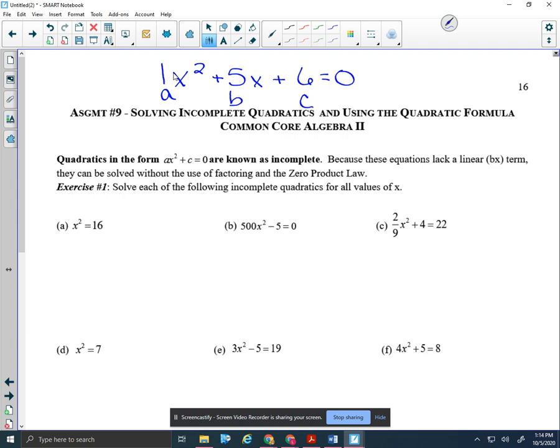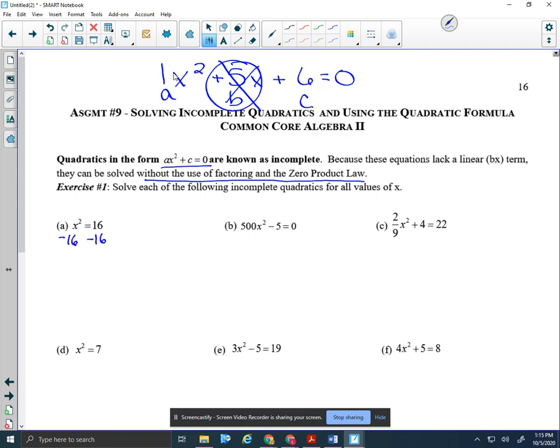Now, when we have an incomplete quadratic, it means that this term is missing. So there's only an x squared term and a constant. So quadratics in the form ax squared plus c equals 0 are known as incomplete. Because these equations lack a linear bx term, they can be solved without the use of factoring and the zero product law. So what we do with these, first off, I'm going to move this 16 over on this first